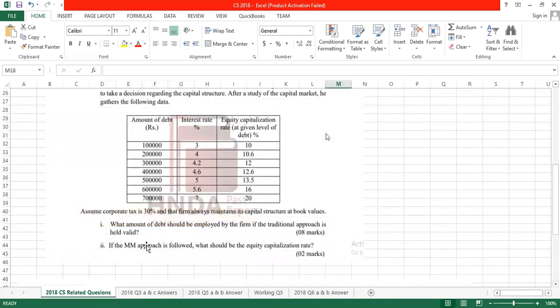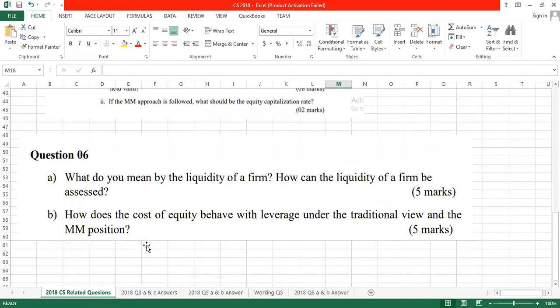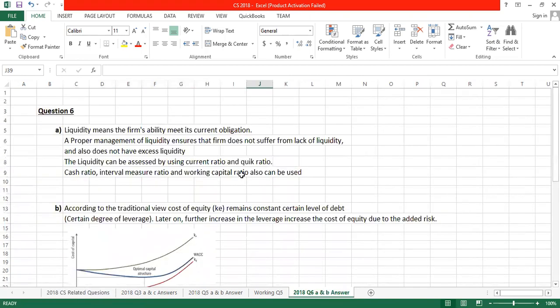Then we will discuss question number 6. The first question is, what do you mean by the liquidity of a firm? How can the liquidity of a firm be assessed? See the answer. This is the meaning of liquidity. Liquidity means the firm's ability to meet its current obligations. Proper management of liquidity ensures that the firm does not suffer from lack of liquidity and also does